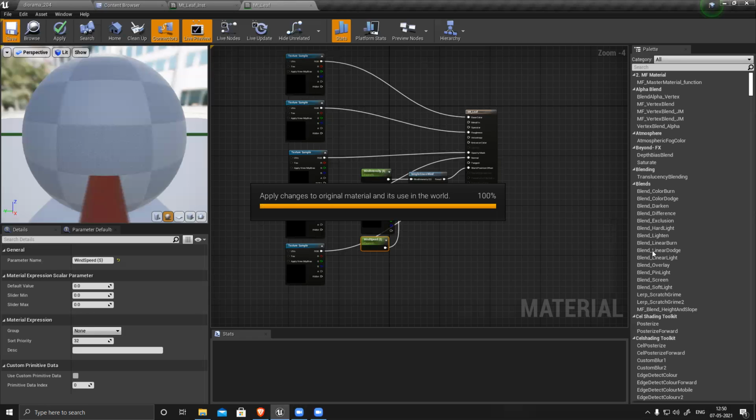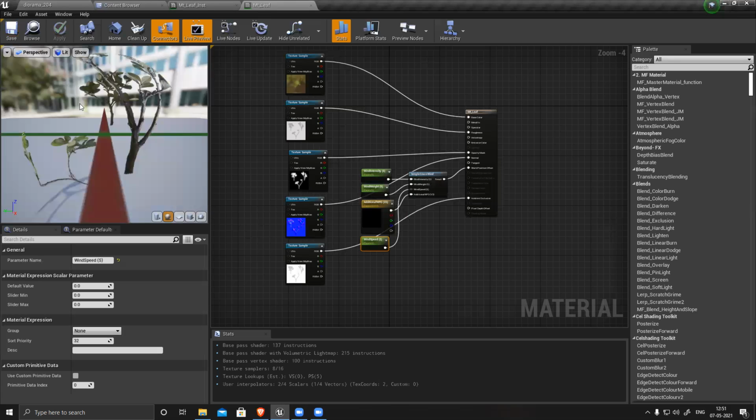It's almost saved. Okay, saved. Still you can see it's not moving.